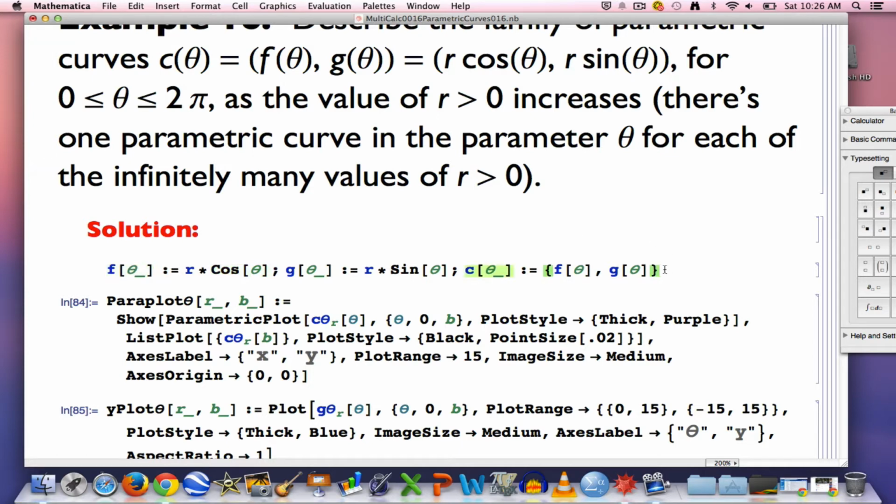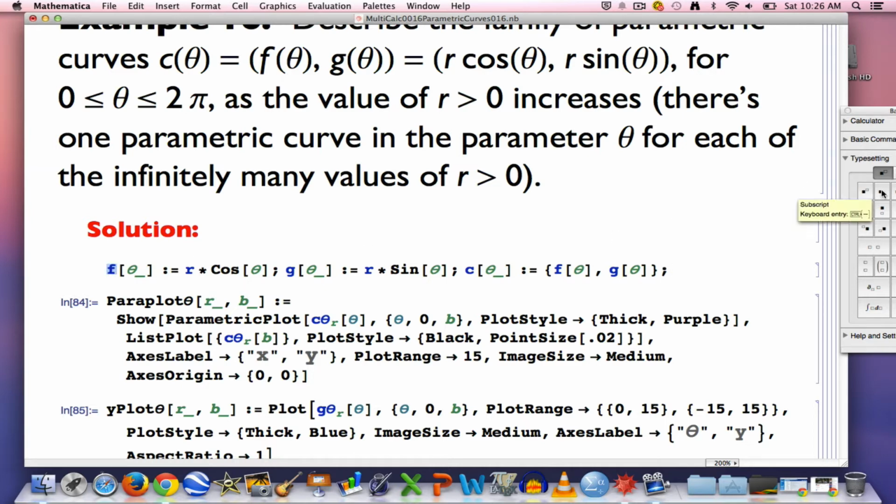The semicolons separate the different lines of code. Actually, they suppress output. It's not really necessary here, but I like to do it. Alright, so this would be how I'd enter these functions in the past. However, I am interested in seeing the circles increase in radius as r changes to see the full family of